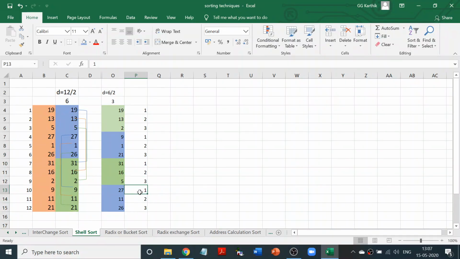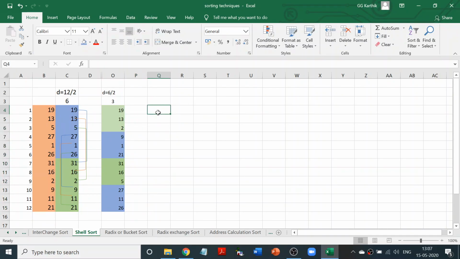You can do it in whichever way you want. I will simply compare two and then tell you what we can do. So what is the method I'm using? We just have to compare ones. All the ones have to be compared and sorted. All the twos have to be compared and sorted. All the threes have to be compared and sorted. So let's see how it is going to be done.